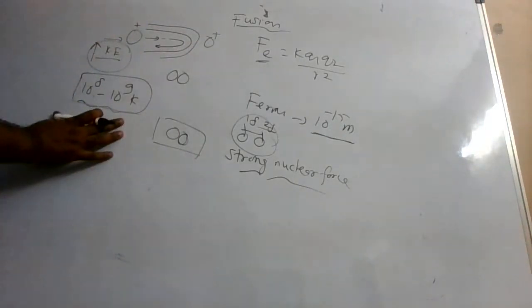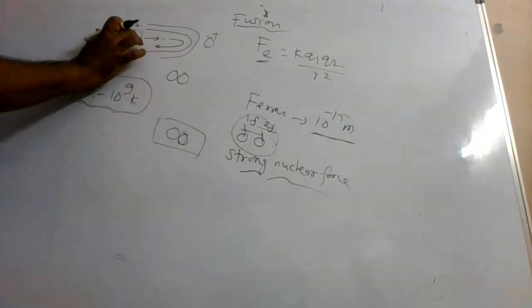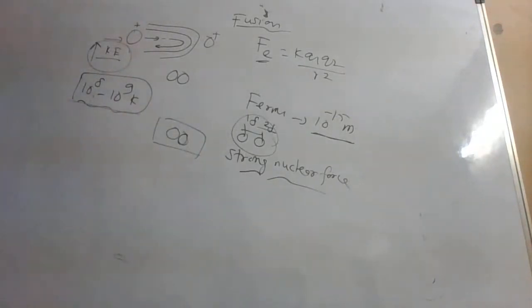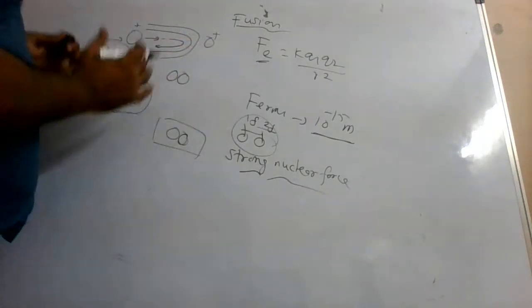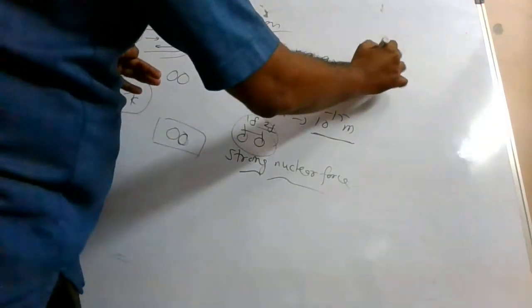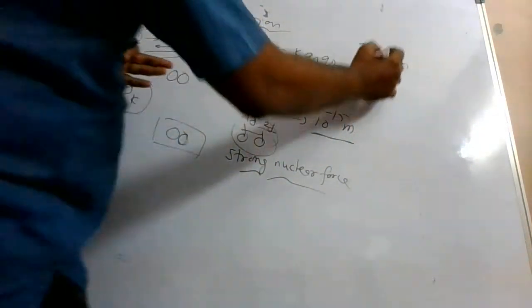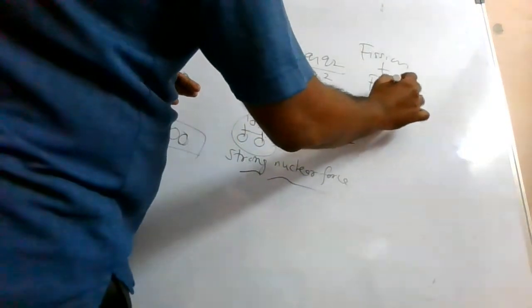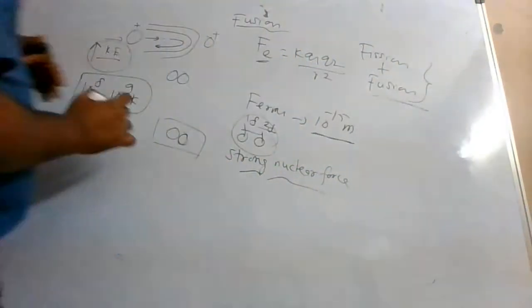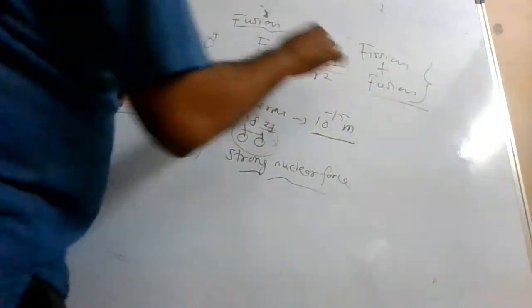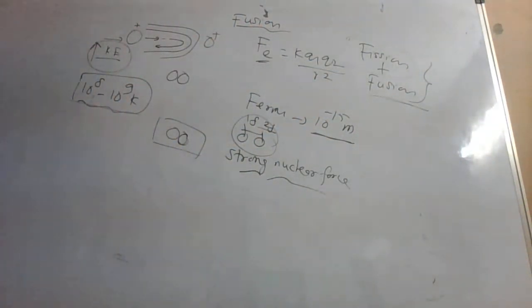So this amount of temperature is required to bring the protons very, very close so that the fusion process happens. This is the basic thing involved in a fusion process. When the fission process happens, a tremendous amount of energy is released. The hydrogen bomb concept you see is part fission plus part fusion. This much temperature can be produced by the fission process, and the next stage can be a fusion process.